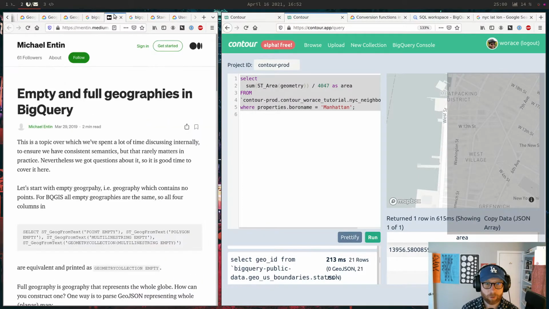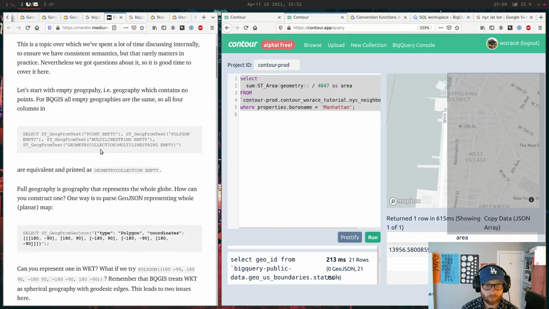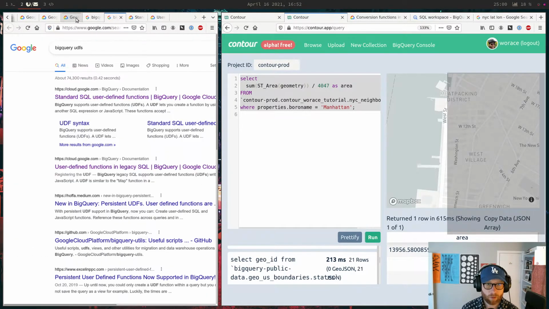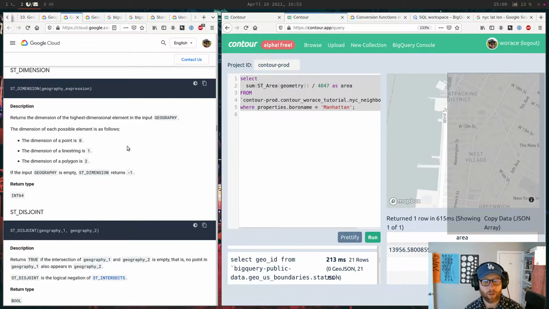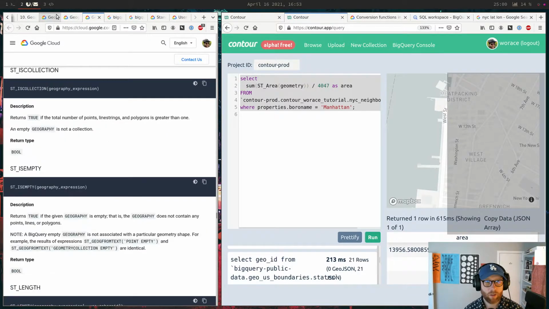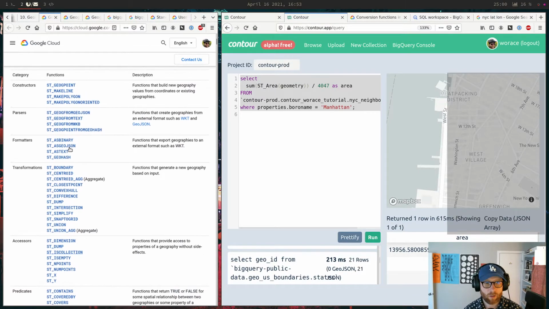One thing that's interesting is I wonder if you could get it as GeoJSON and have it be structured JSON, like a nested struct, rather than a string. Because I think that's not what you get. I think what you'll get here is a string.